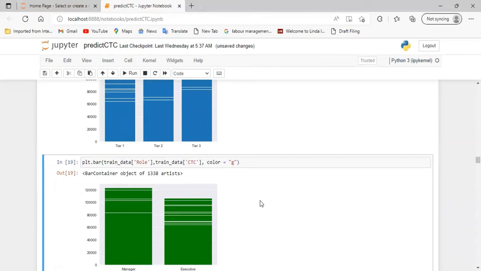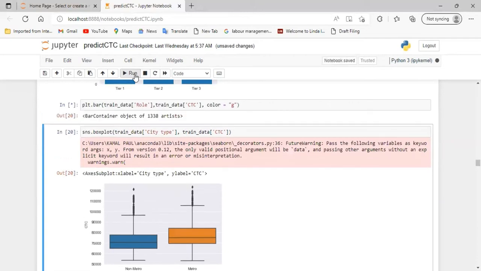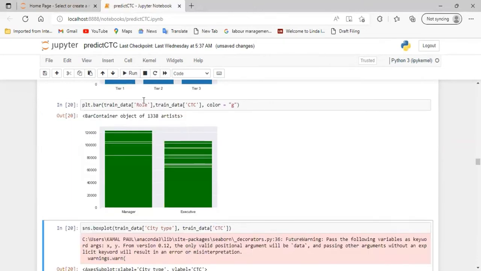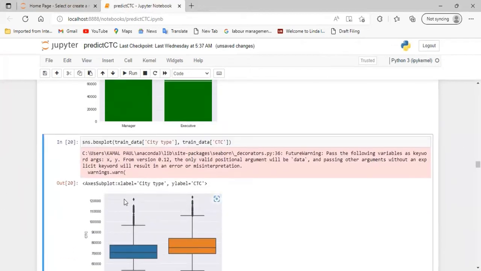I also tried using the bar chart with role. As you can see, managers have a higher density when compared with that of the executive. The density is slightly above the 2000 CTC level. Then I now use the box plots in order to